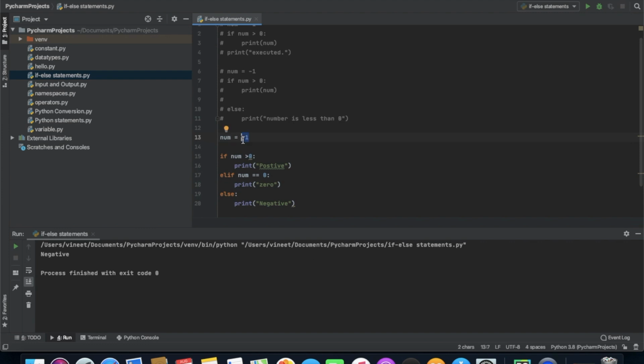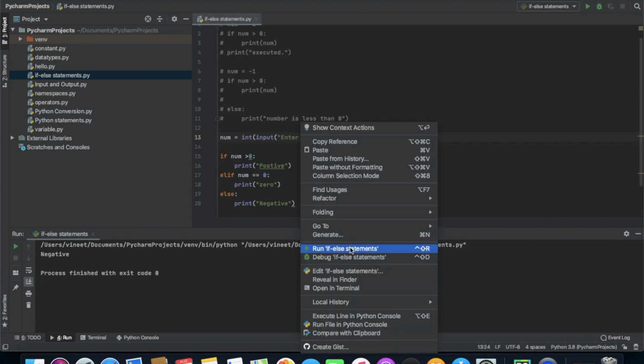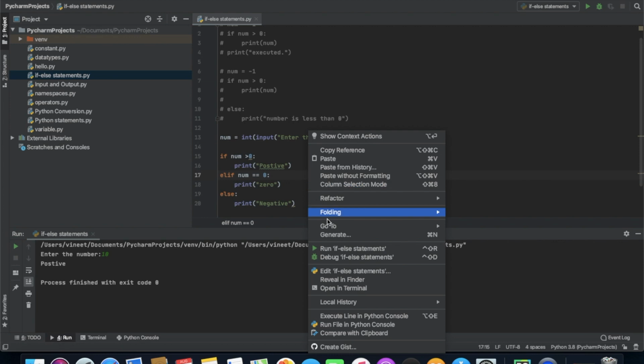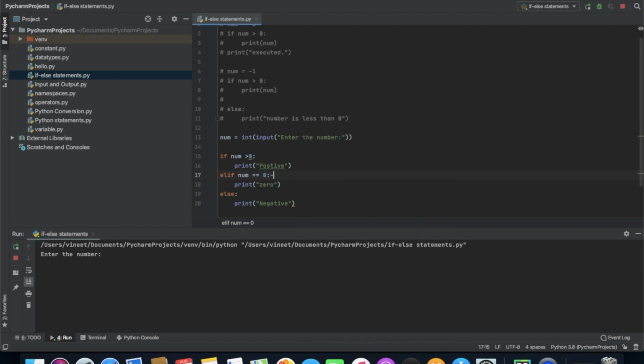We can also use input functionality to provide the value at the time of running, so that we don't want to change the value again and again. Like we can provide 10, or if I want to run it again and give -1, it's negative. So we can provide values like this also.